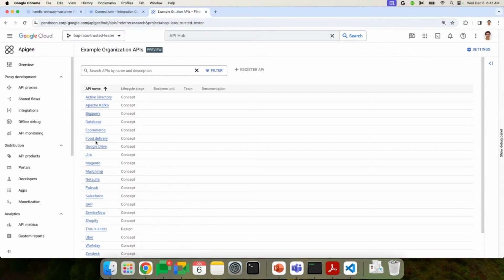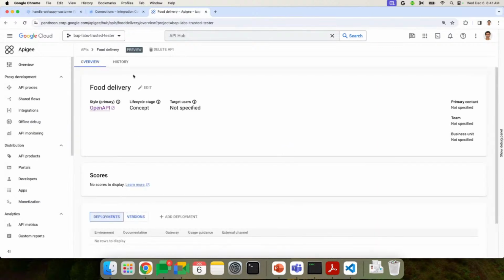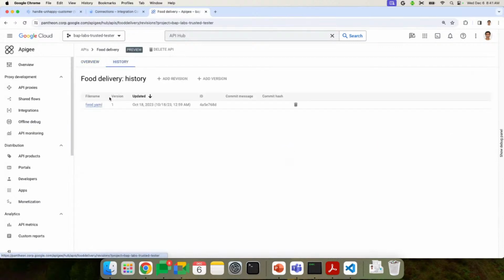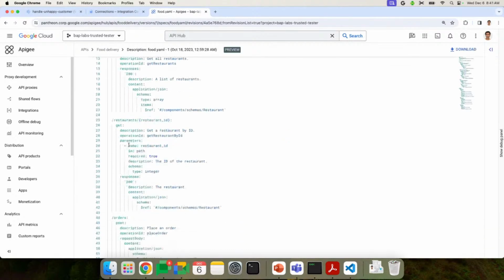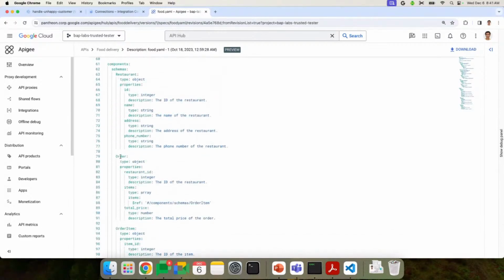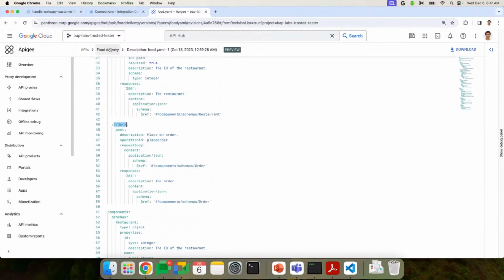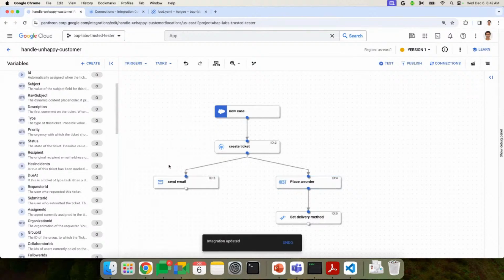I have an API for delivery, which has an entity called order, and it has a schema for order, all of it, because I said place an order for free delivery, and this is actually food delivery. It was able to recommend that you should be able to fulfill this step by using an enterprise API which you already have. And that's what place an order is.